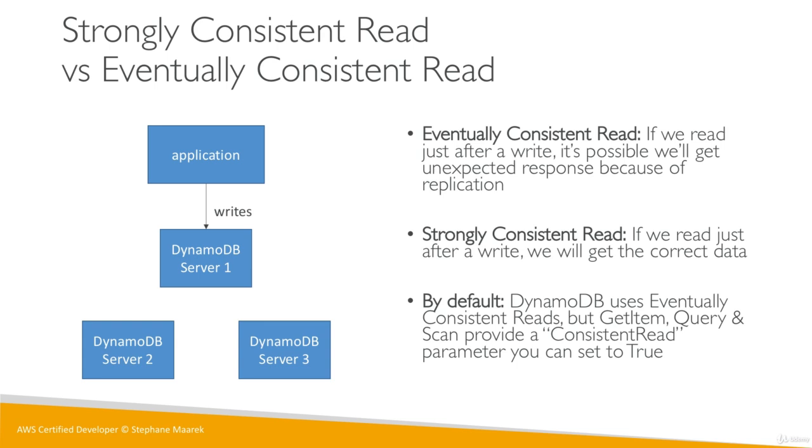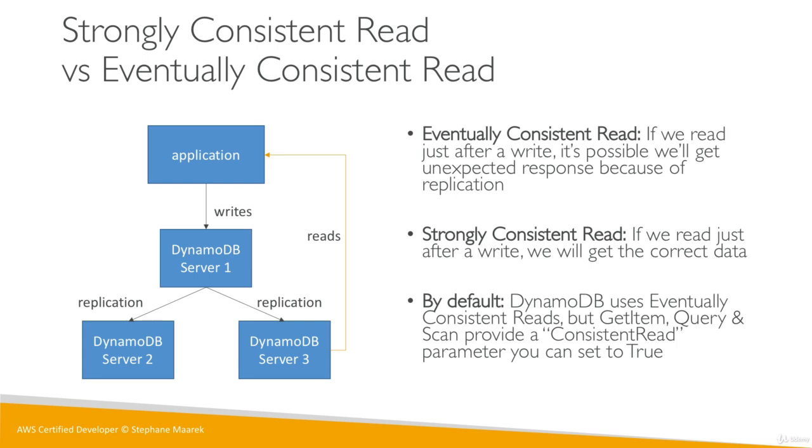And the first server says, okay, I got it, all fine, the write is correct. What will happen in the background is that the data will be replicated to the server 2 of DynamoDB and also replicate it to the server 3 of DynamoDB. Now this replication may take time. And so if you read right after writing and you read before the replication has happened or it's fully complete, then you are in the eventually consistent read pattern.